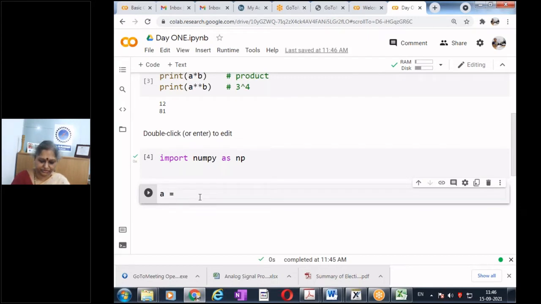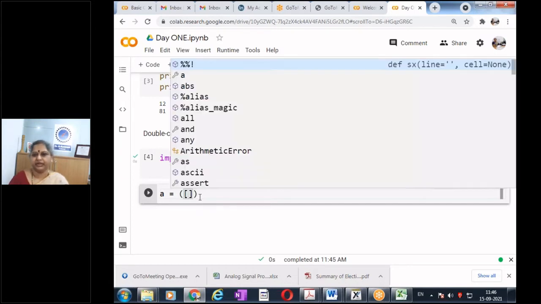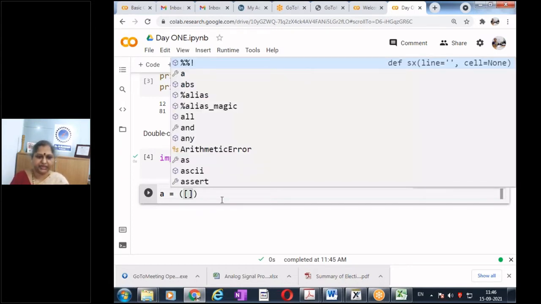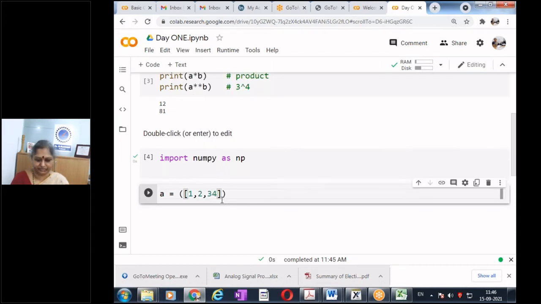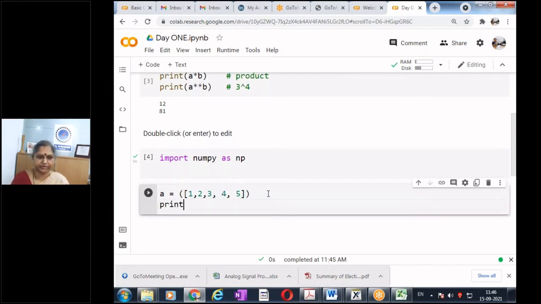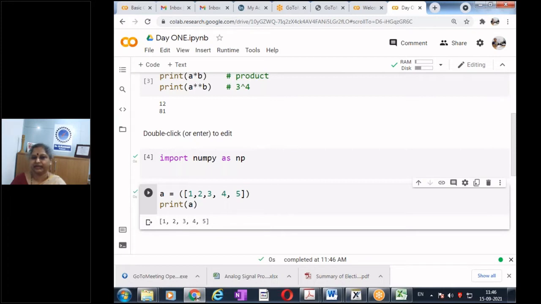Let us say a equal to, let me define an array, 1, 2, 3, 4, 5. And let me put print a. So I am defining an array and I am going to print a. Let's run it. And so I have an array and it is printed.